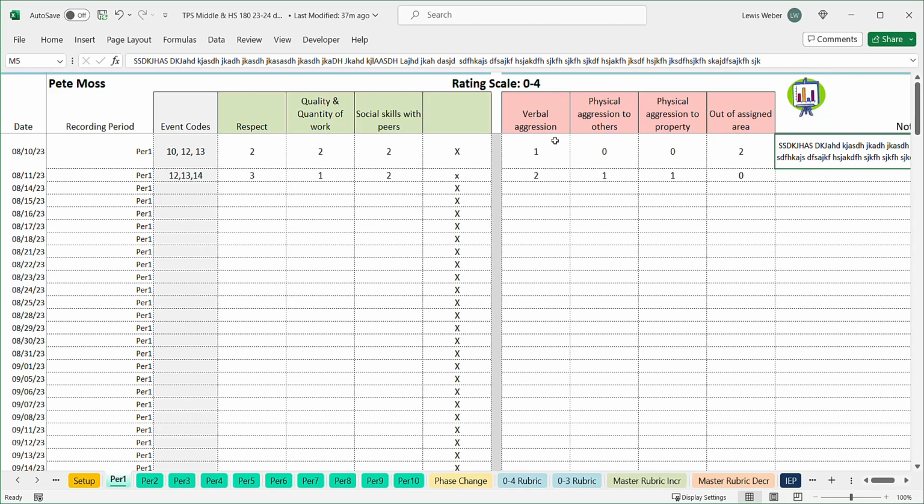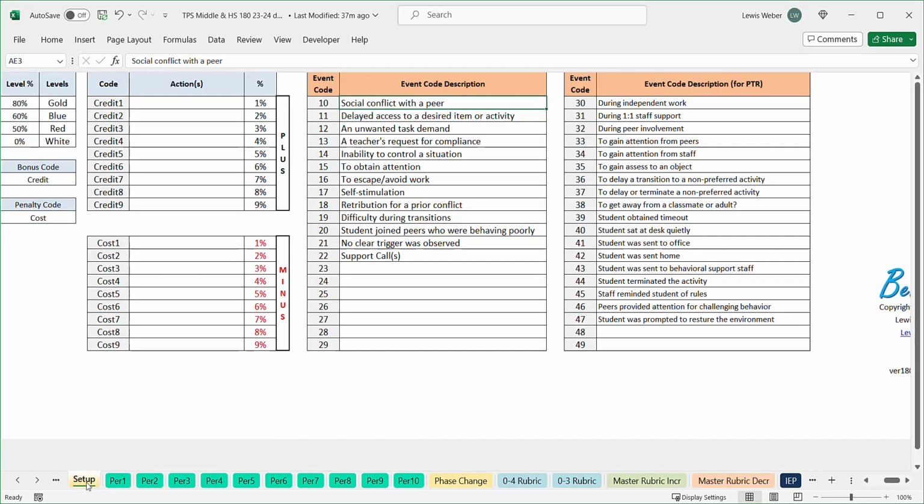What were the triggers for that? Well, event codes 10, 12, and 13. When you go back to setup, we see that there was a social conflict with a peer, an unwanted task demand, and then the teacher asked the student for some compliance with the teacher's request,